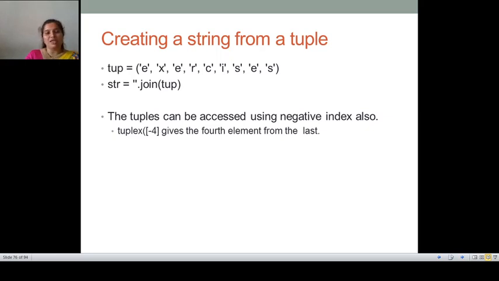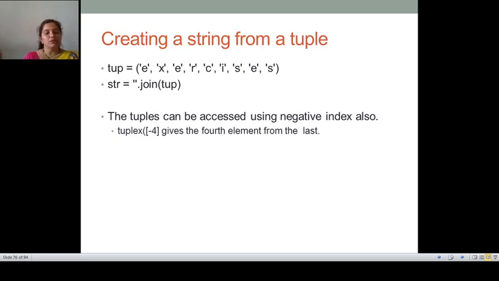But when it comes to a tuple, the tuple has a fixed length and no elements can be added or deleted. Coming to the fourth difference, the list provides more functionality than a tuple, whereas the tuple provides less functionality than the list.